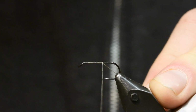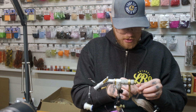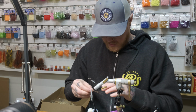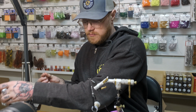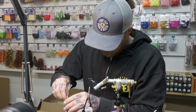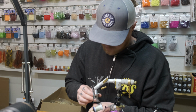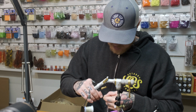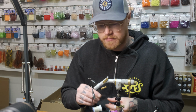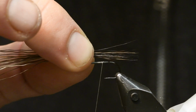and here for the tail I either use Coq de Leon or moose mane, and normally a mayfly maybe have like 3 of this, but I take kind of many, and then I will try to put them all together in some way. So you can use this hair stacker for this. So I have like, this is probably 10-15 of this,